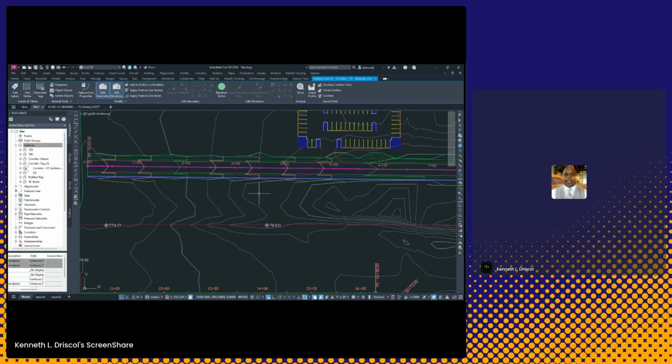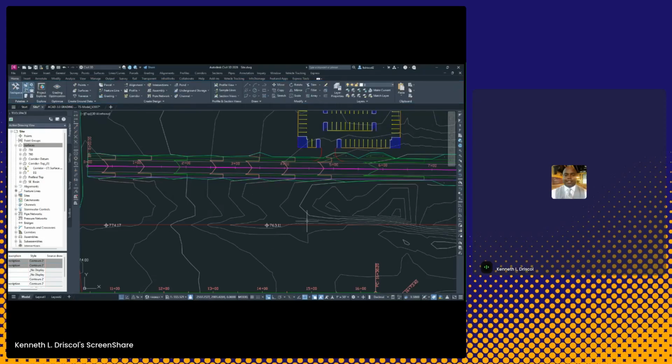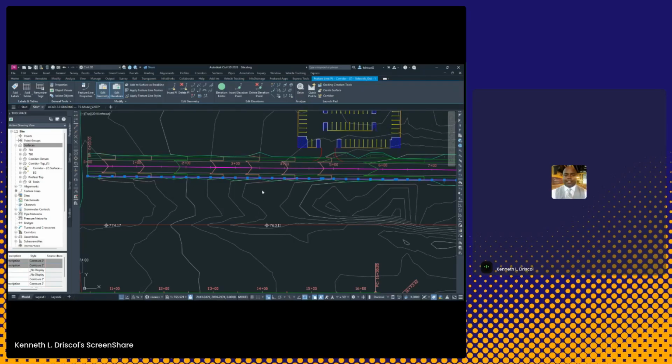So if I pick on my corridor feature line, it's linked to my corridor. So if I moved it up and down, it would automatically update. So if I select remove dynamic link, then I pick on it. Here's my corridor. And now we're able to use it like a regular feature line. From that, if I use this stepped offset